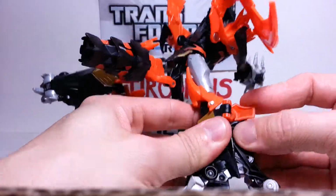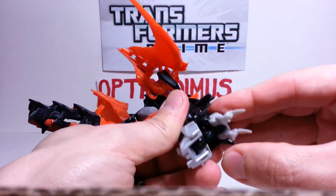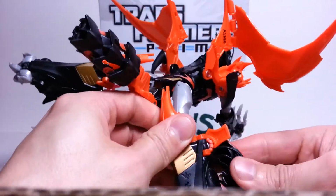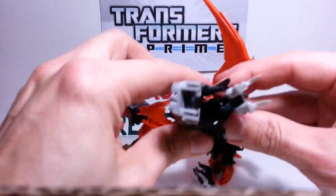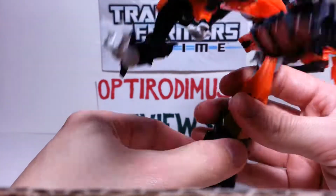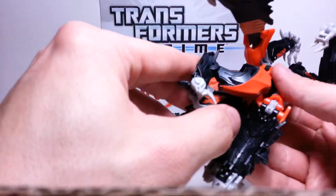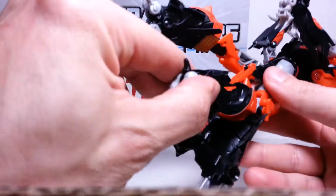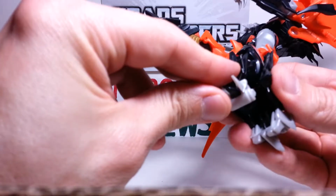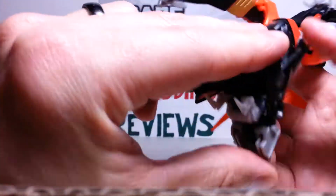But bring this down, this orange part here. Okay, that is missing completely. What is the deal here now? Anyway, okay, I guess it just goes like that. Alright. Anyway, like I said, flip the foot out, and we'll go to the other side and do the same. Just bring this around and tab that in, flip the foot out, and